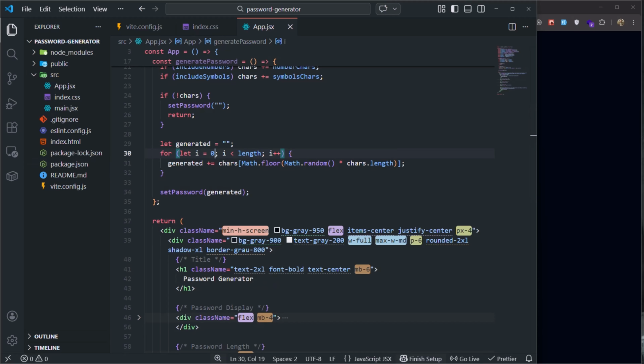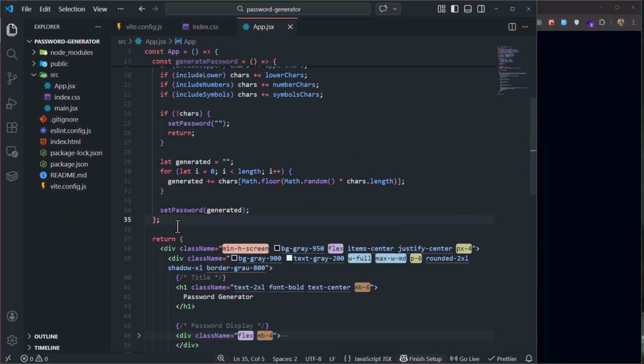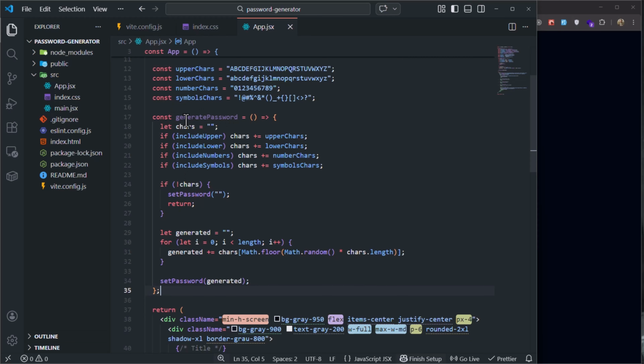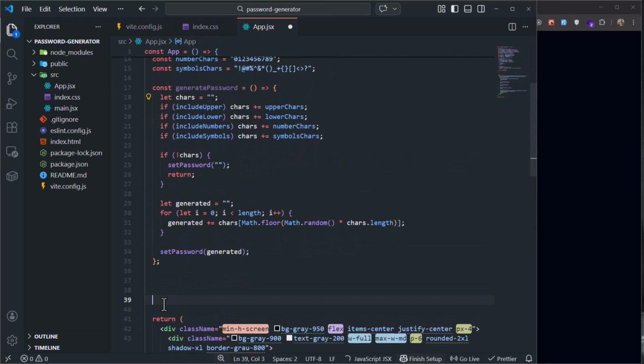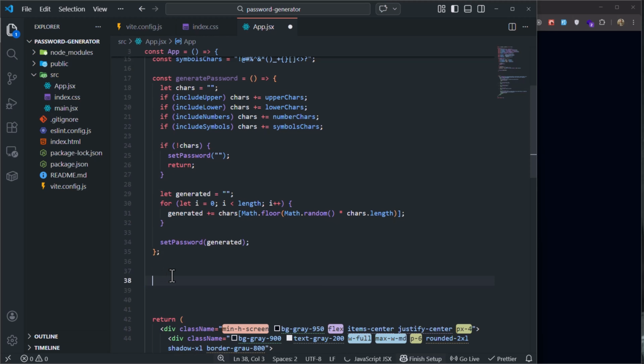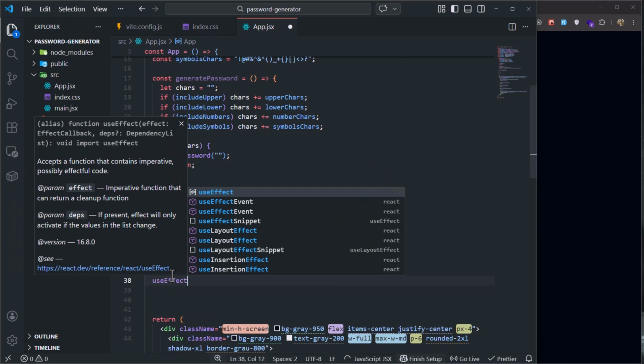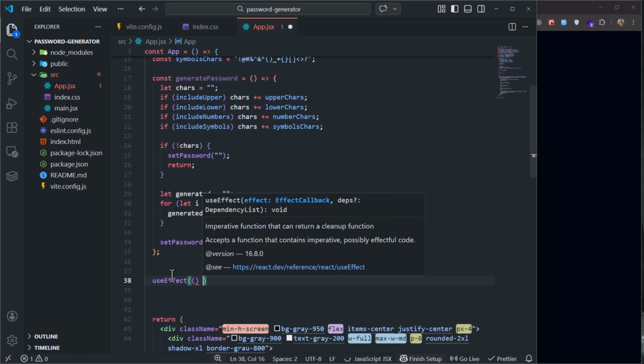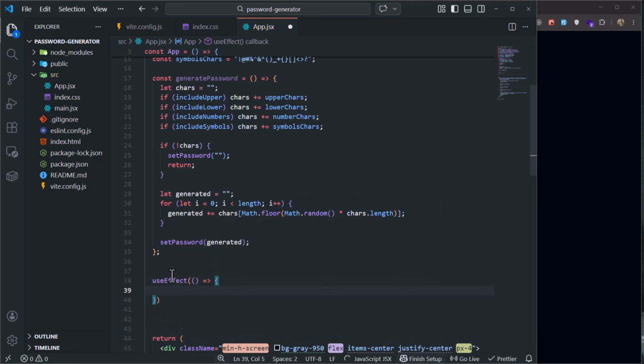Sorry, useEffect, my mistake. Under that block, password generated, under this, I am going to create a useEffect, and inside that useEffect block, I'm going to write generate password,